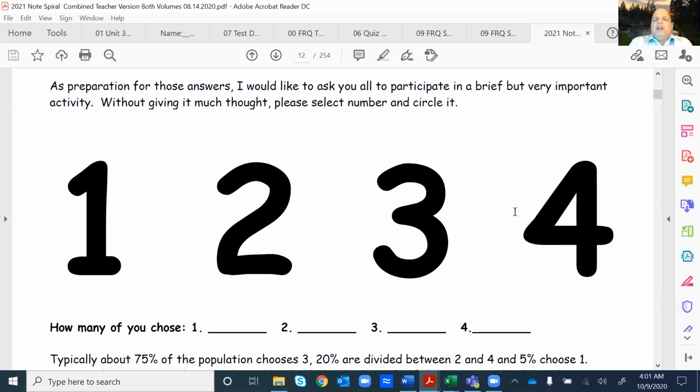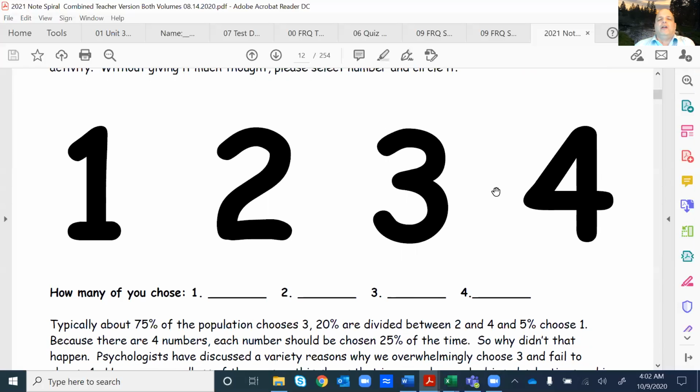And we discriminate against number 1. Only about 5% of the population choose number 1. And psychologists have all sorts of reasons for why this must happen. But the fact of the matter is that it represents that we have a bias. We have a bias against the first number, and we choose the third number more frequently than all the rest combined. And while that seems not that important, it actually has practical